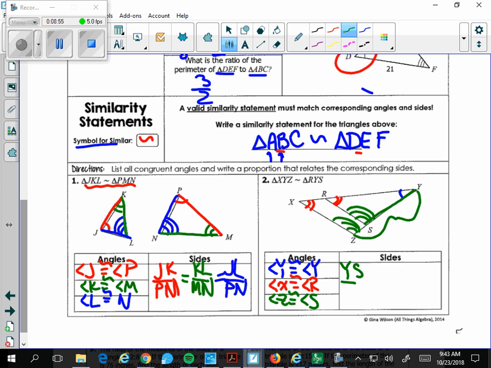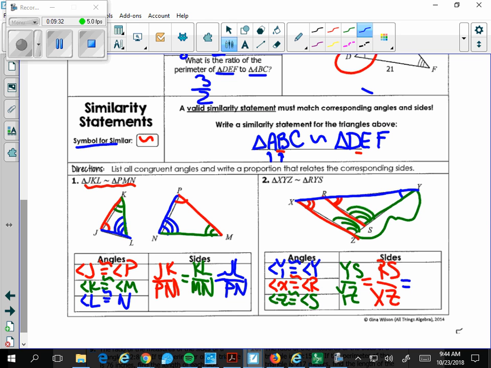It corresponds to side YZ. Actually, I'll start with Y just to keep it consistent. So I've got YS is proportional to YZ. Equals the proportion between RS and XZ, which is equal to the proportion of,